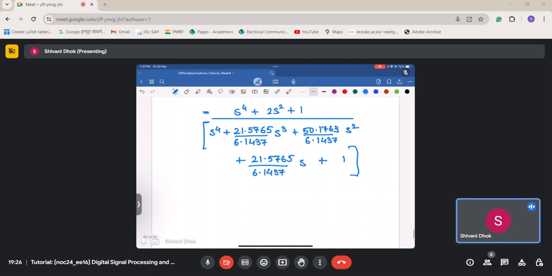Okay, and if we simplify this, we have H analog of S, and this comes out